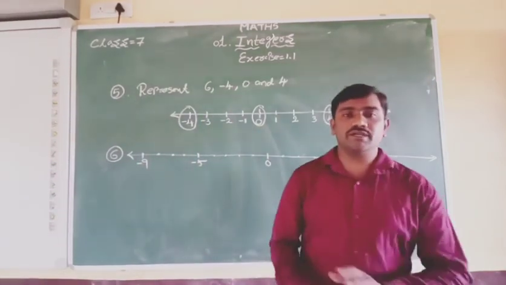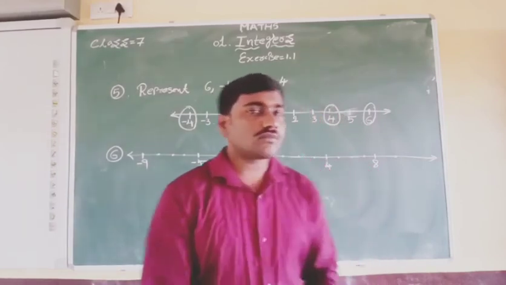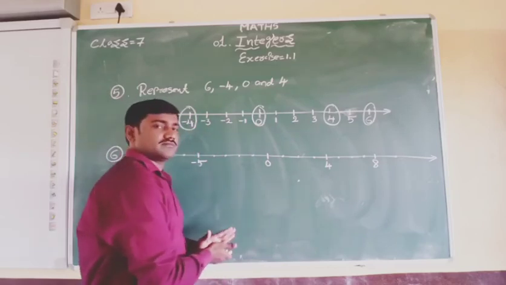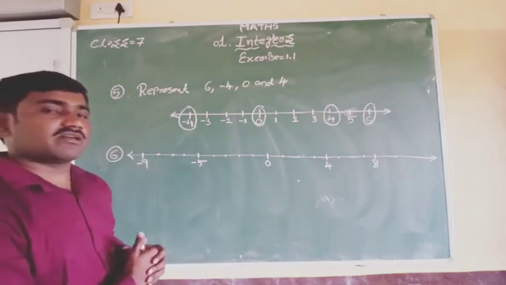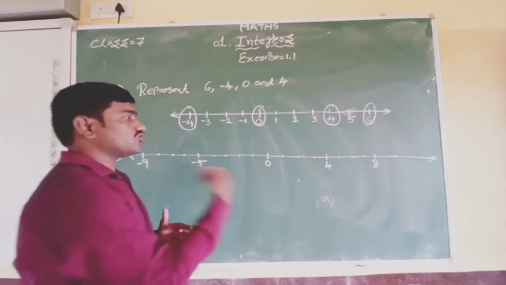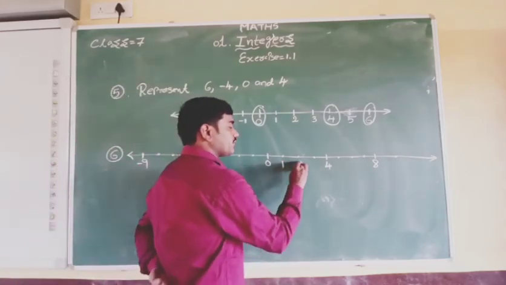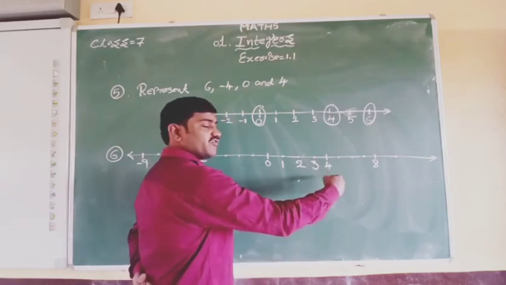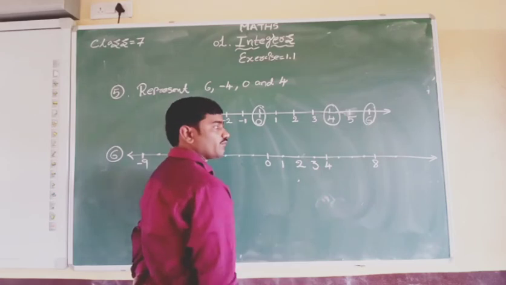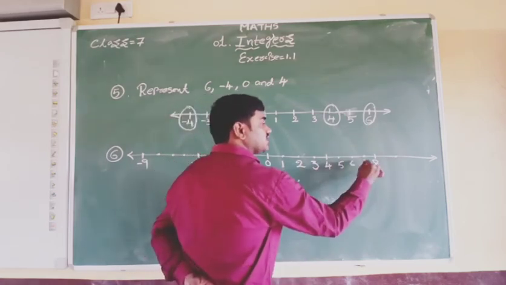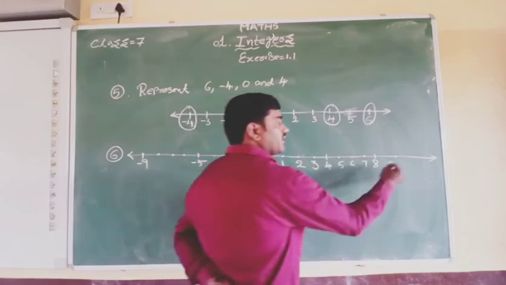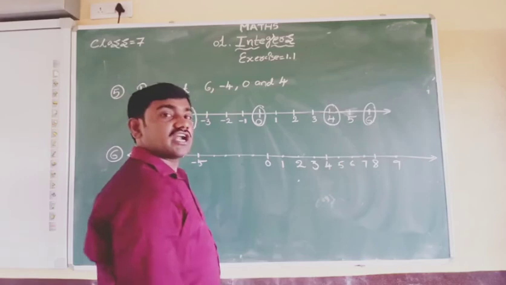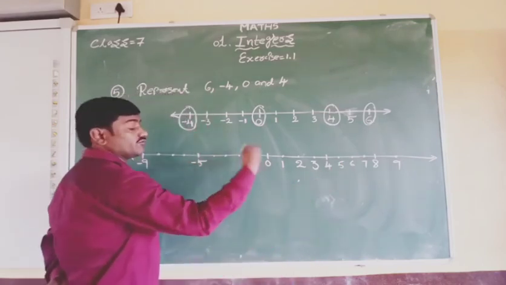What numbers are missing here? Easily we can identify that on the right side of 0 on the integer number line we have positive numbers. On the left side of 0 we have negative integers. From 0 we get 1, here 2 and 3. However, 4 is given. We can re-verify whether we are writing the same numbers or not. After 4 there is 5 and 6. Here there will be 7, 8, and after that one more dot is given, that is 9. After the 9 they did not ask us, so we don't need to write.